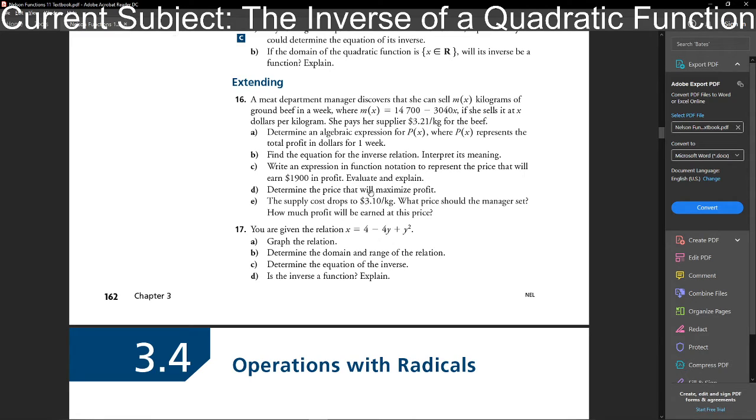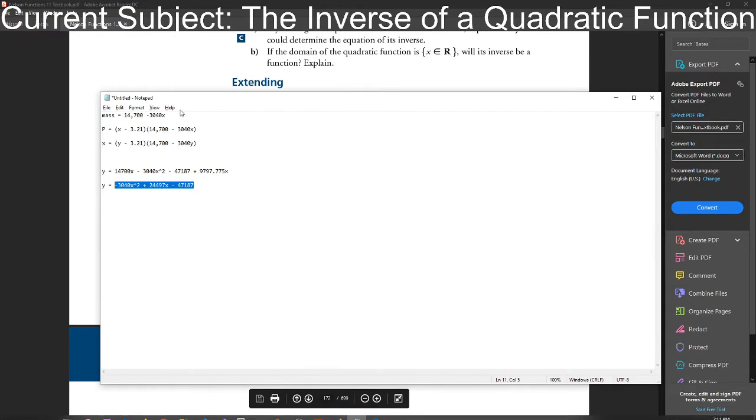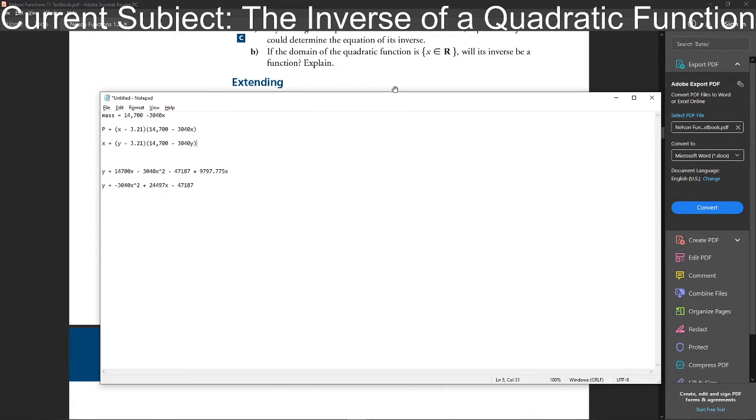Determine the price that will maximize profit. So again, if we had this in vertex form, we just find the vertex. Technically it's actually pretty easy to do in this form, because if all we're doing is finding the vertex, we have our two x's. So pretty much all we're doing is negative